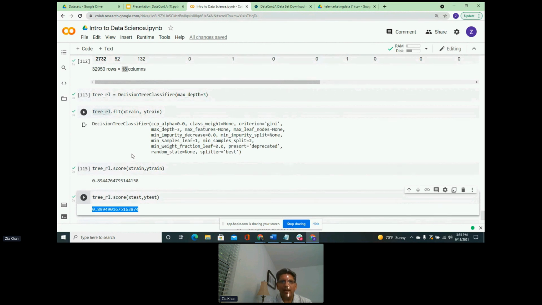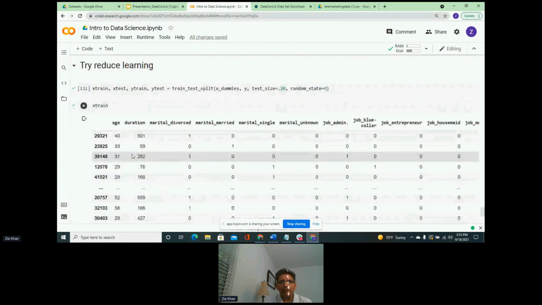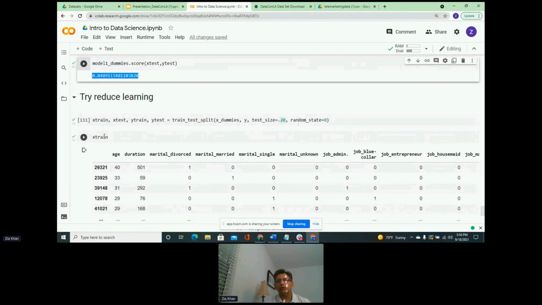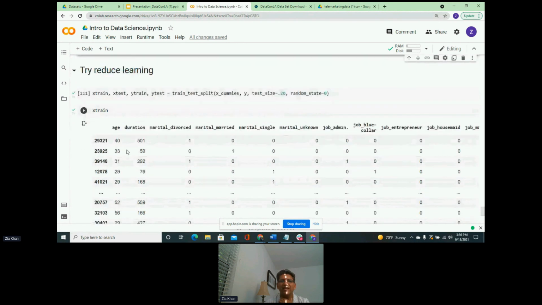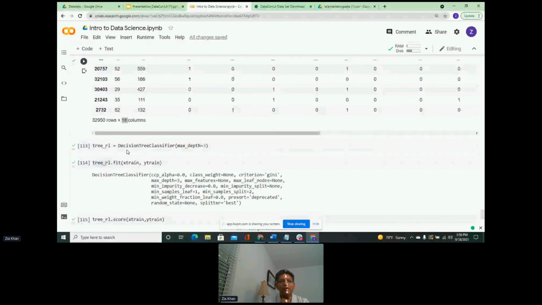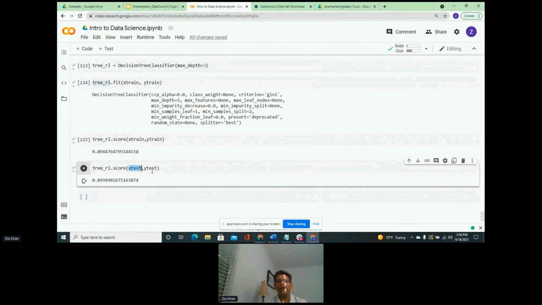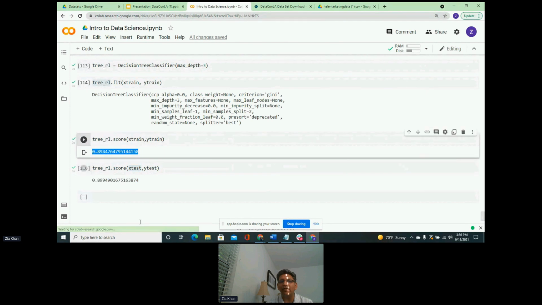So if we go back up, the accuracy that we were getting for testing was 84%. So we were able to increase the accuracy of the algorithm on the test data set, which is where it really counts because it's new data that the algorithm had not seen before, and we went up. We actually are performing a little bit better than even on the training data set. But it's very close enough.